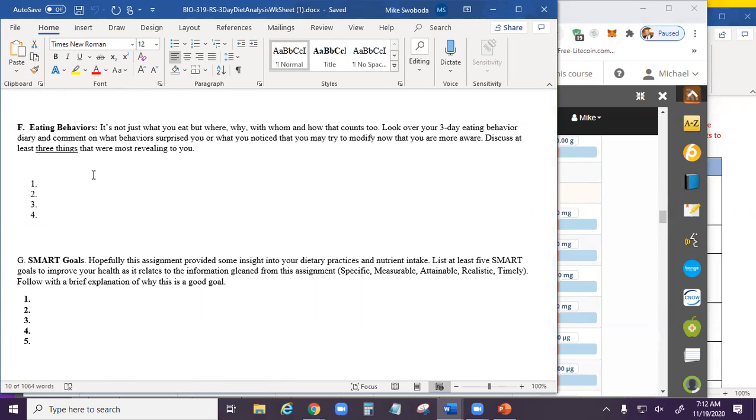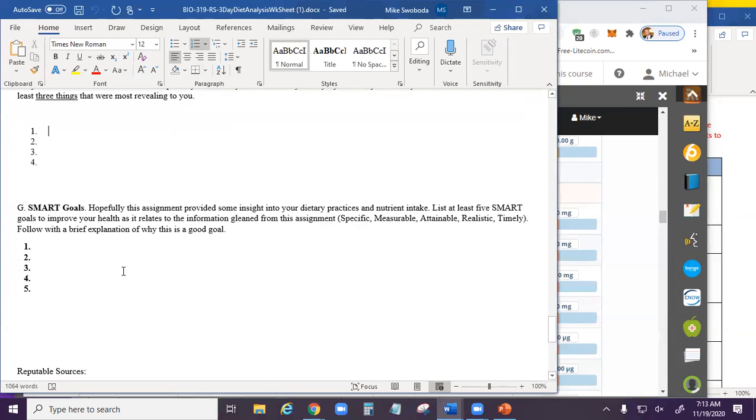So essentially after reading your combination report, what do you notice about your diet and eating habits that's most revealing to you or was the most surprising to you? You need to do at least 3 of these. I don't know why they have 4, but whatever, that's just the template. So make sure you have at least 3 of these. This is just in your own words here.